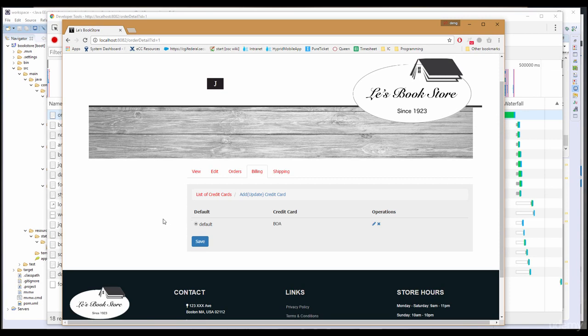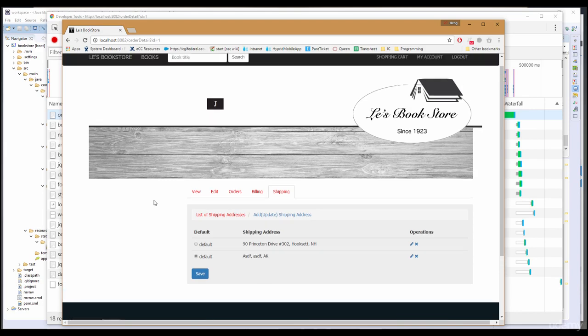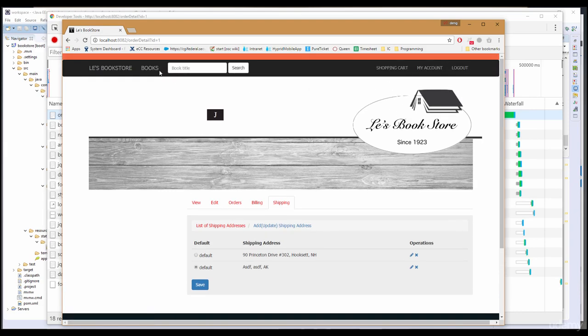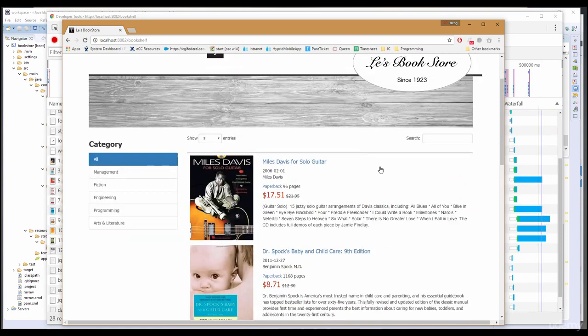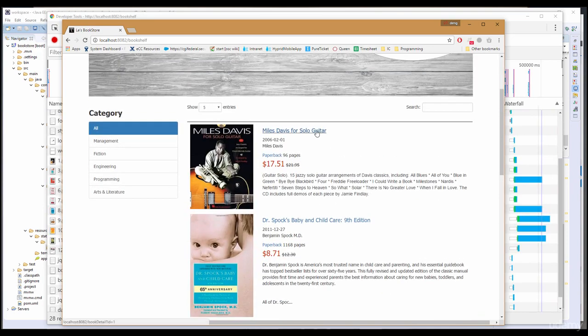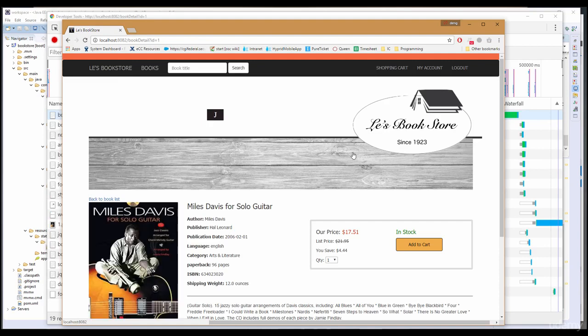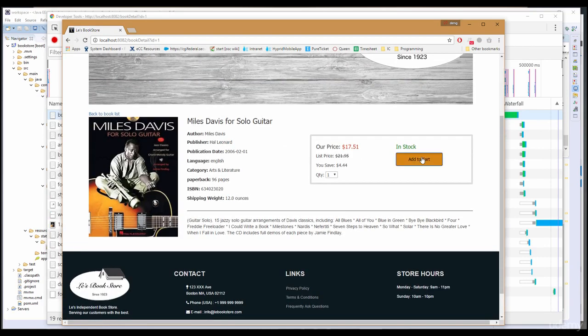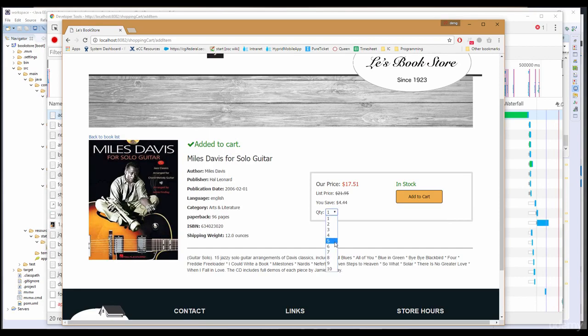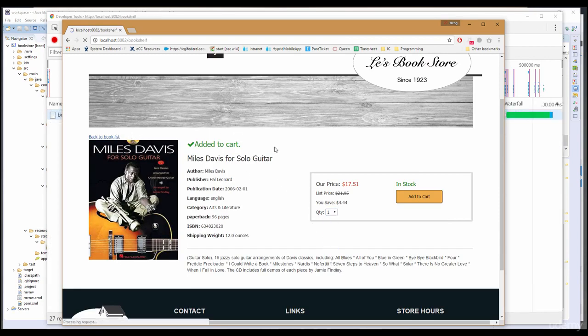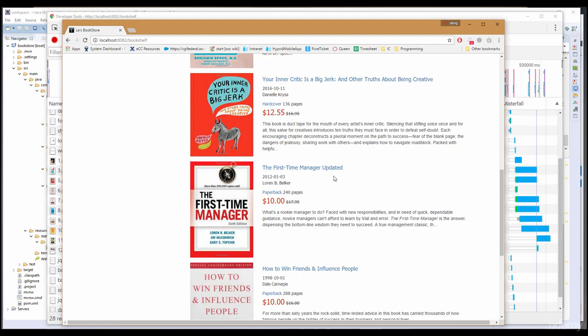He can add the billing method, as well as the shipping method. And then he can browse different books, and he can click on a book to view it and add it to cart, choose different quantities, go back to the book list and choose a different book,